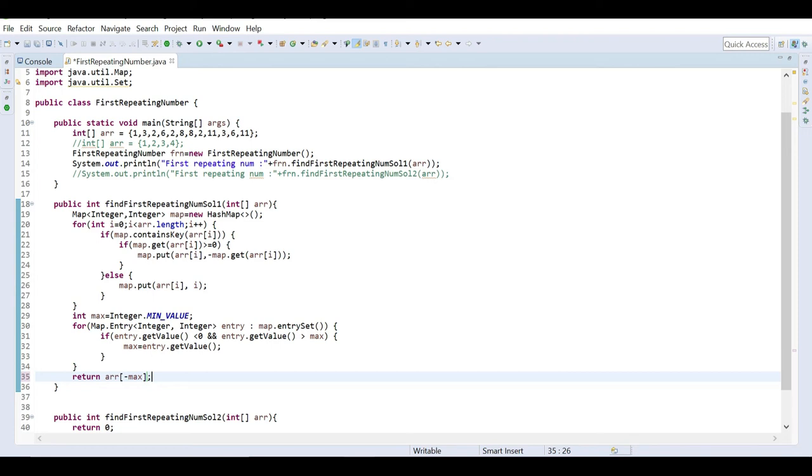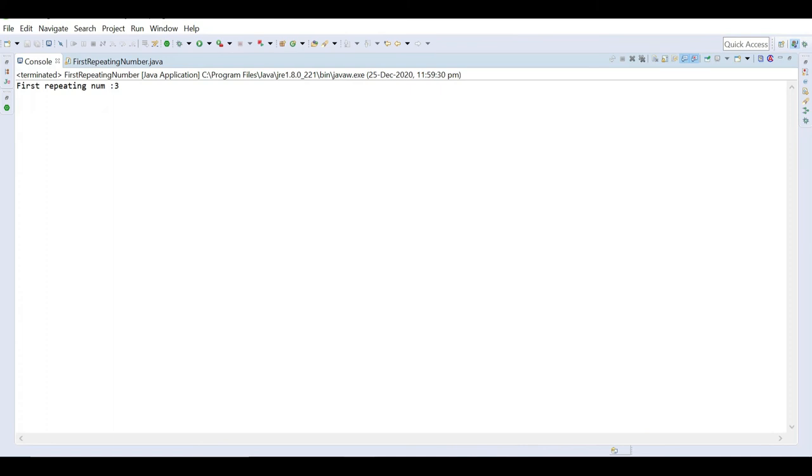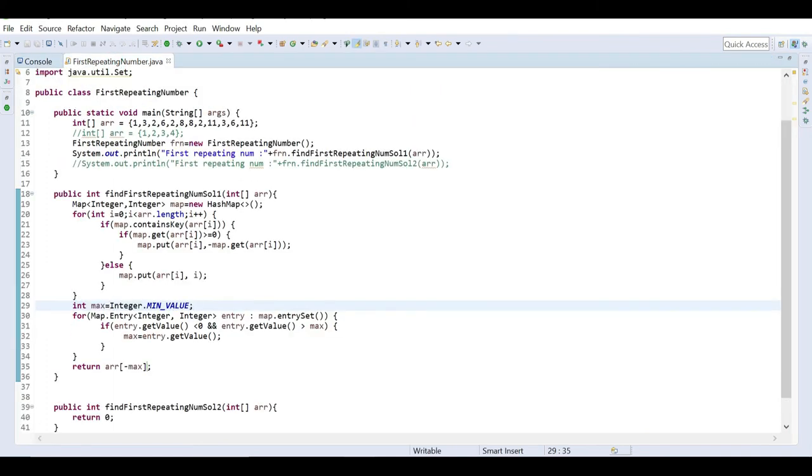So we take the negative of that again, which makes it positive, and in that index we find what value was there, and that will be our result. So now if we run this, what will we get? We are getting the first repeating number as 3. We will match our result with 3. Yes, 3 is the first repeating element here.